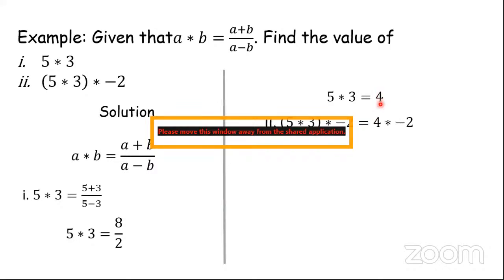And on our next step, we shall have 5 star 3, star negative 2, being equal to 4 star negative 2. Because 5 star 3 has given us 4. And then in here,